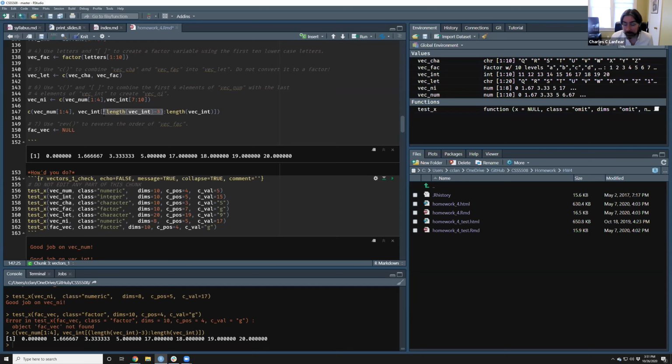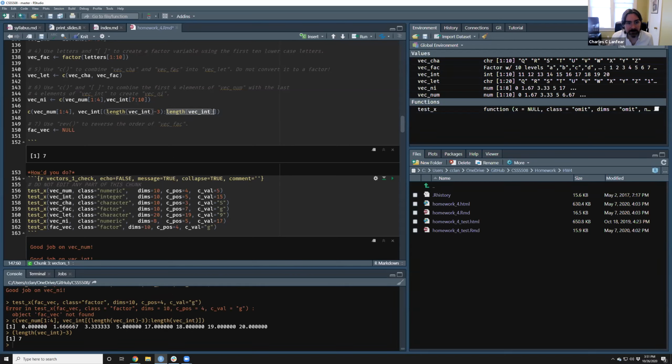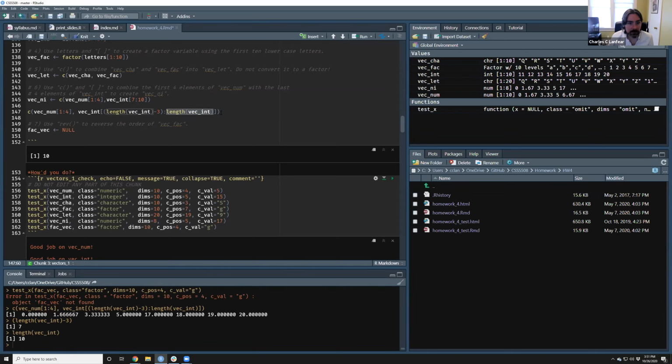That's the 7th element, so 4 from the end basically, and go to 10. So this is actually the number 7, this is the number 10, and the whole thing is the same last 4.